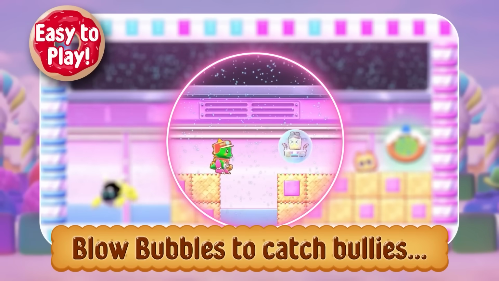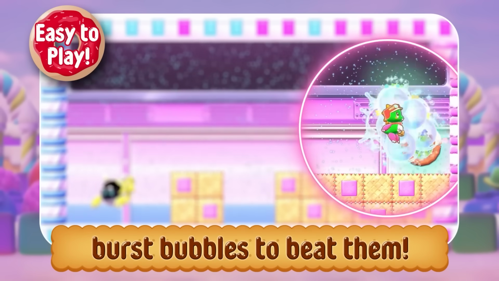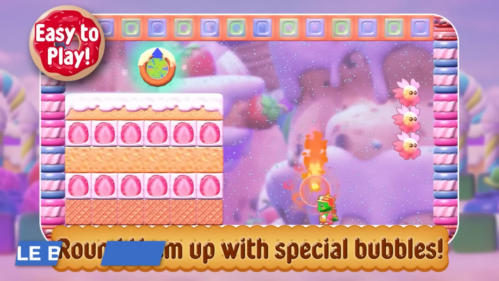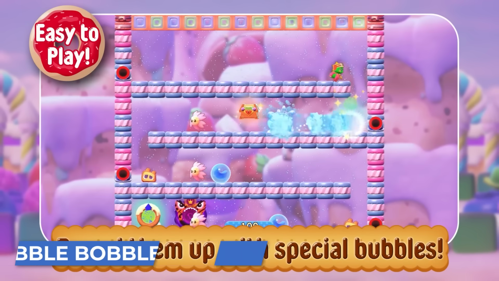First up, any of you remember Bubble Bobble? Great retro game, catch enemies in bubbles and then pop them, great music. Anyway, Taito is bringing it back with a new title, the first one in like 5 years, and Arc Systems Works is publishing it. It's called Bubble Bobble Sugar Dungeons, and it's coming sometime in 2026 for PC, PS5, and